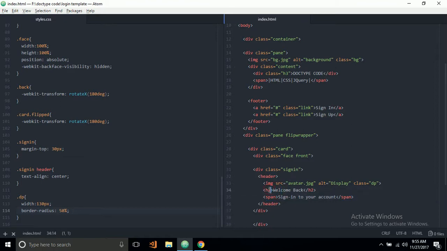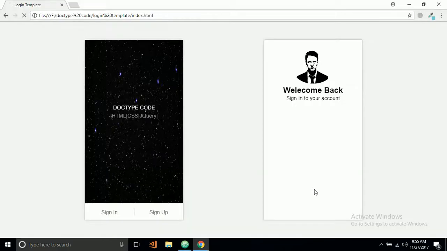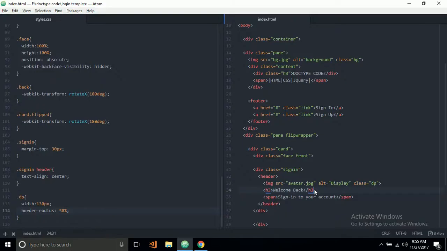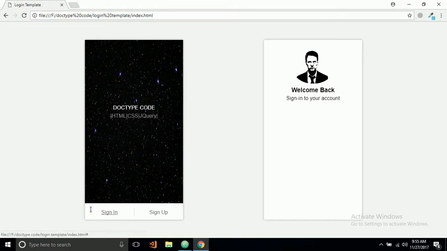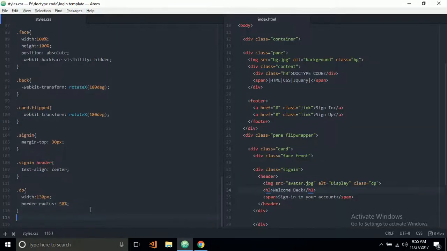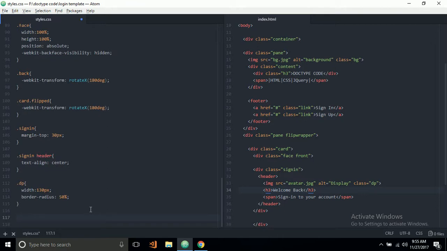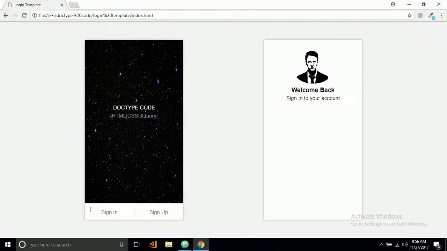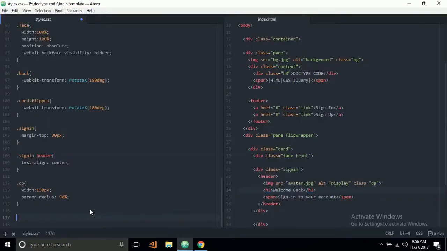So actually the welcome looks big, and I can also style it by the CSS, but as long as we have these inbuilt header tags we can use. And for this span tag, I don't want it to be this big actually, and actually I want it to be this big, but not this color. I want it to be a little bit faded. So what I'm gonna do is in this